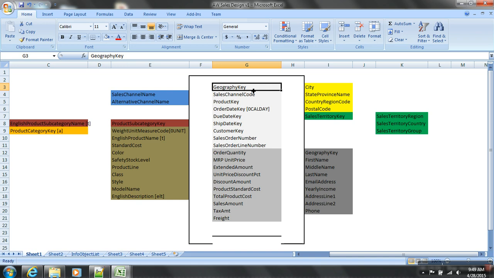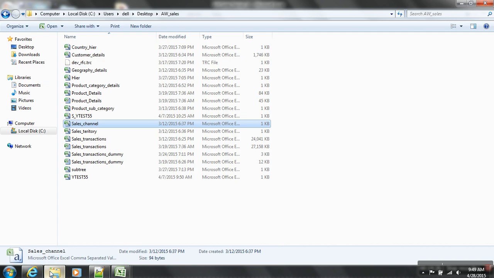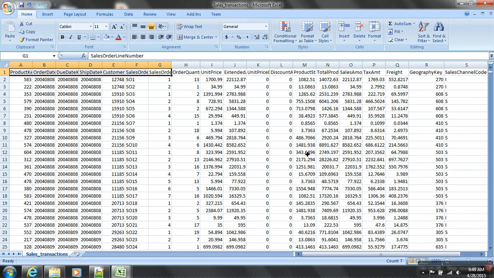Good. Then what I want to decide now is, can each characteristic have an attribute table and text table? Every characteristic InfoObject will have an SID table. That is clear. And in the same way, every characteristic InfoObject can have its own master data objects: attribute, text, and hierarchy. Now let's take this geography key. In the sales table I have geography key.